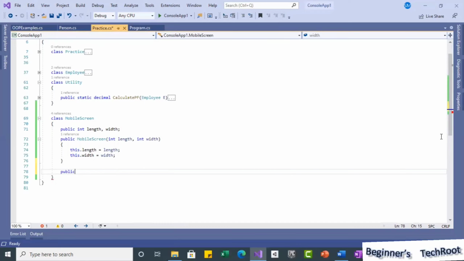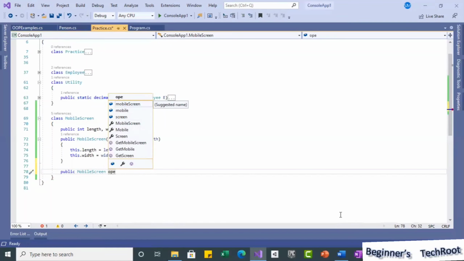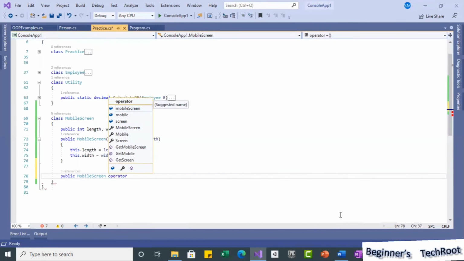So I am going to write here public, and then MobileScreen, the same type we are going to use it for, because as we mentioned, it is the same type we need to give. Then we need to use operator as a keyword, and then the operator we are going to overload, minus.